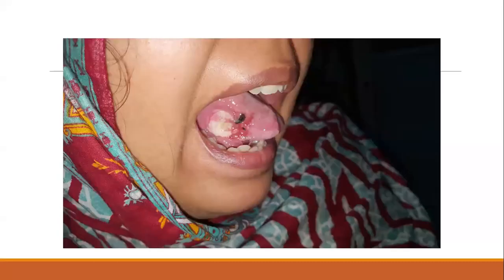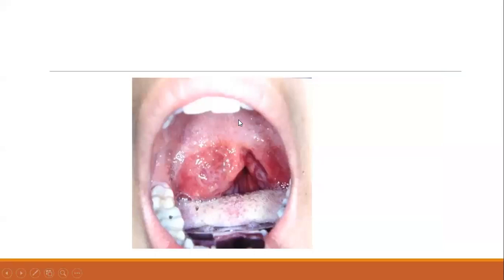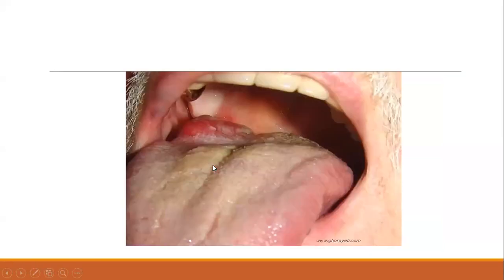There's another patient with a fungating mass. This is a silk stitch. This is post biopsy. This is not my patient. This is a tonsil tumor. This is also, I think, one of my patients, presenting with a mass in the back of the tongue. And this looks sinister, and we did the biopsy.